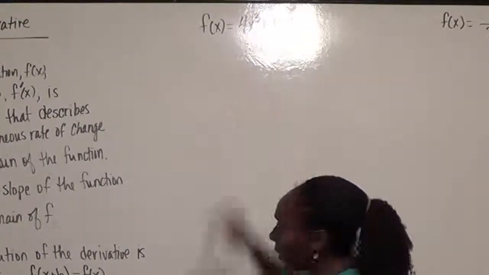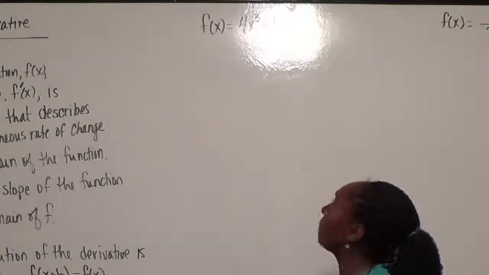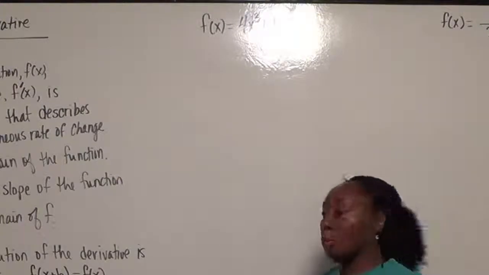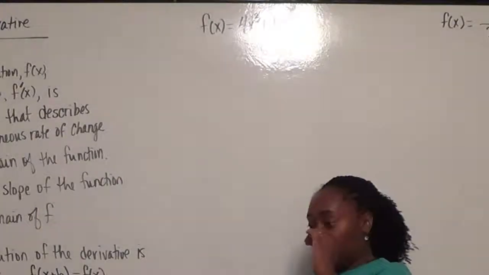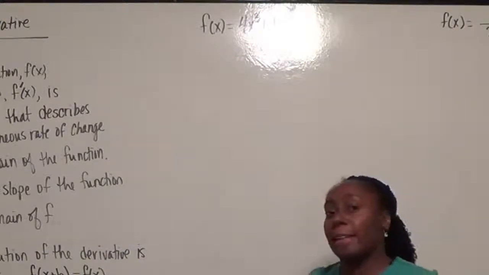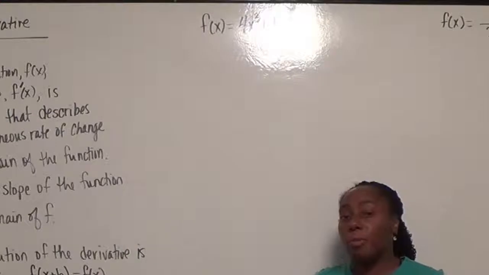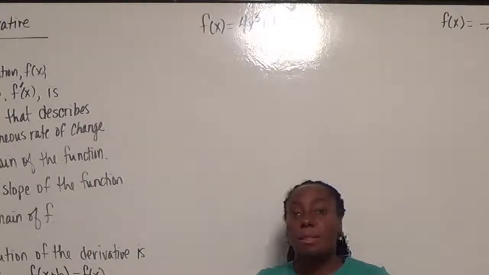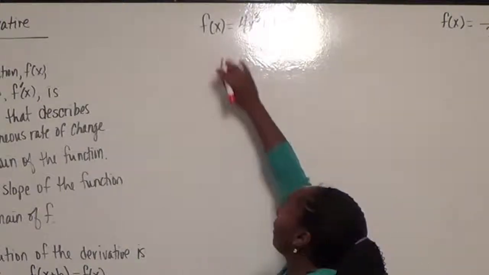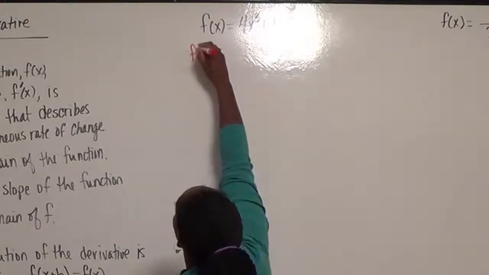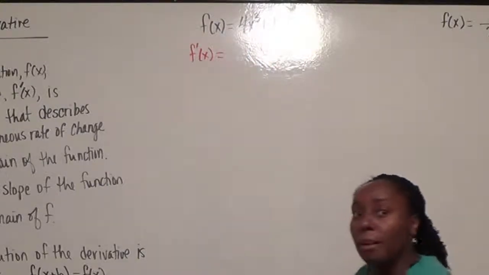Okay. So in this section, we're going to look at two examples. And we may do a couple more, but let's start with a nice polynomial function. All of these are going to work exactly the same way. We're going to start by plugging into our formula and trying to algebraically manipulate the function so that we can actually take the limit. Okay, so if f of x is 4x cubed plus 1,